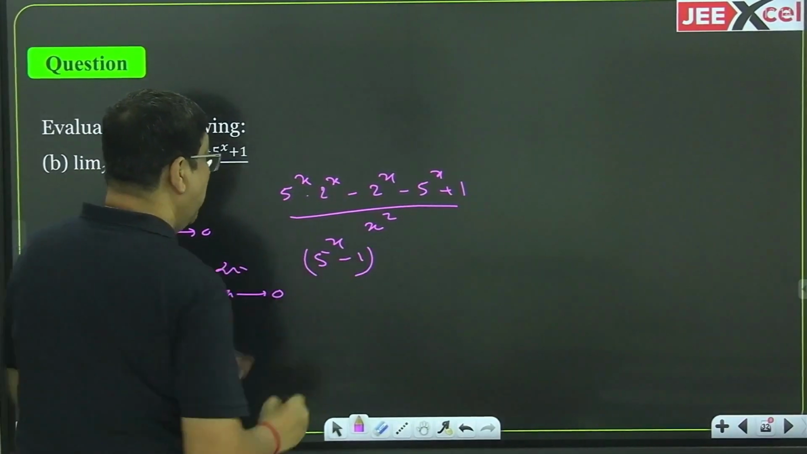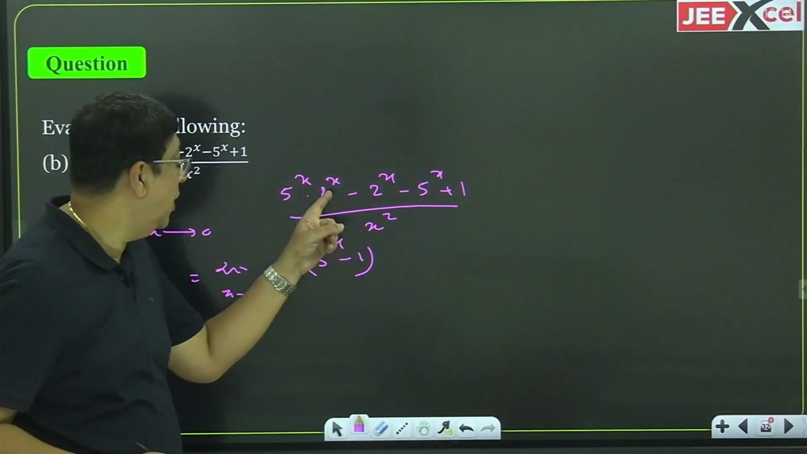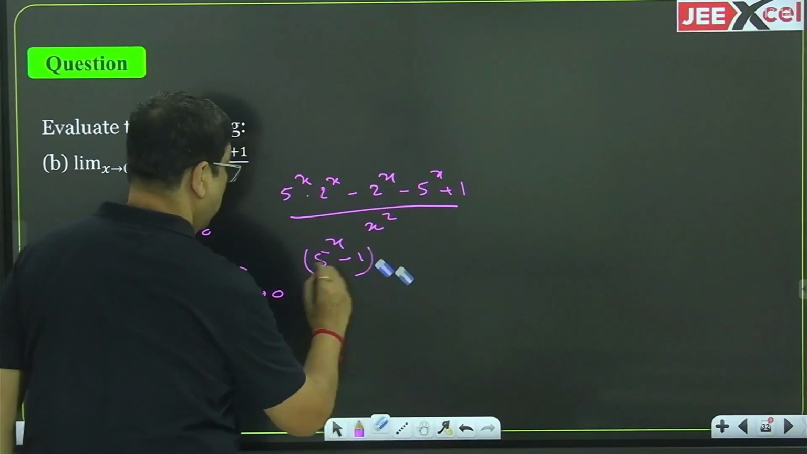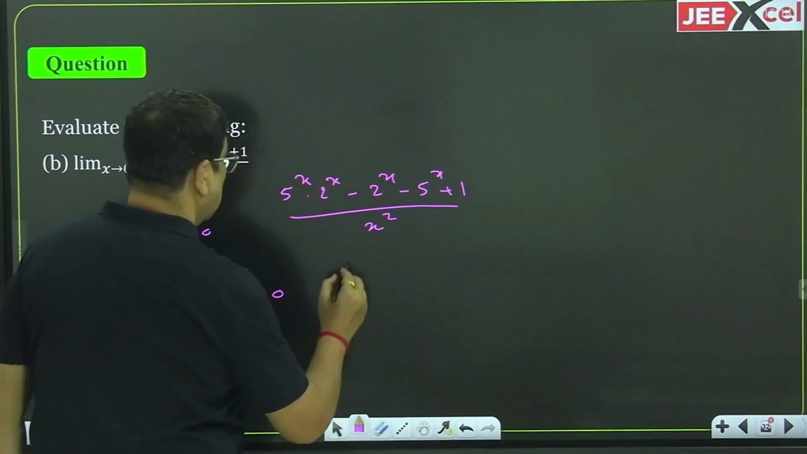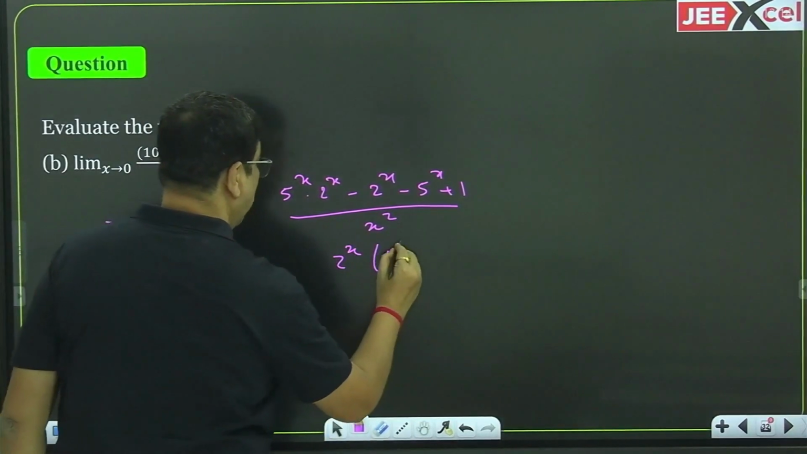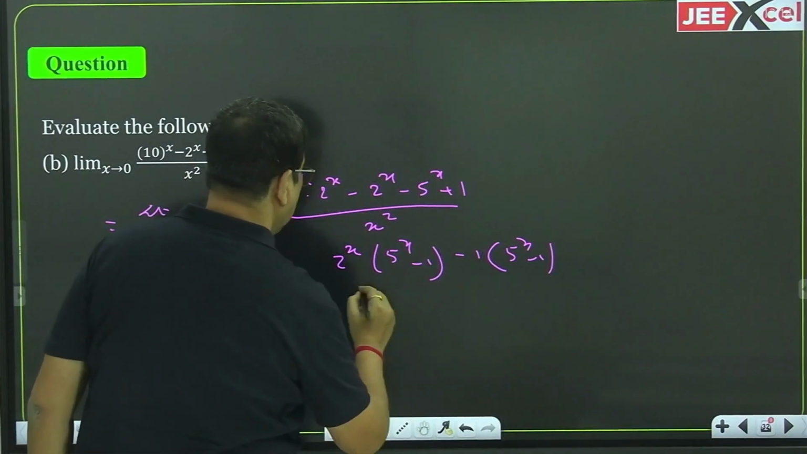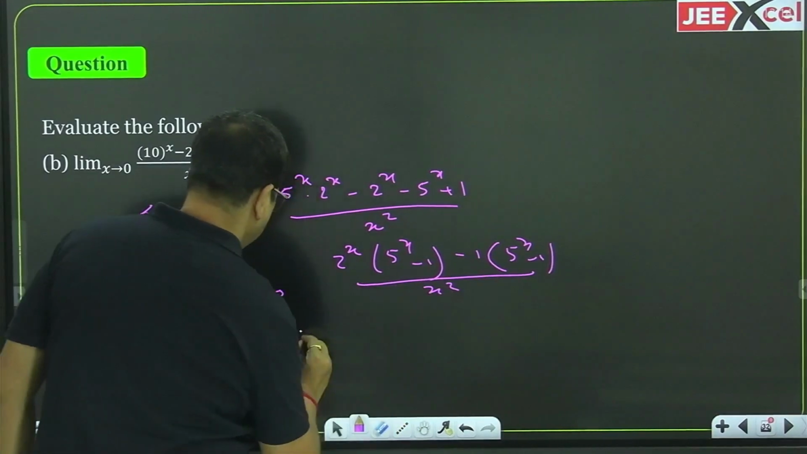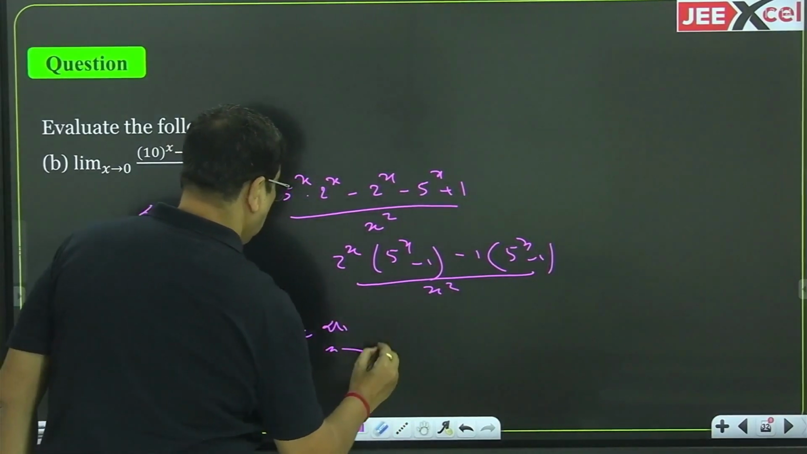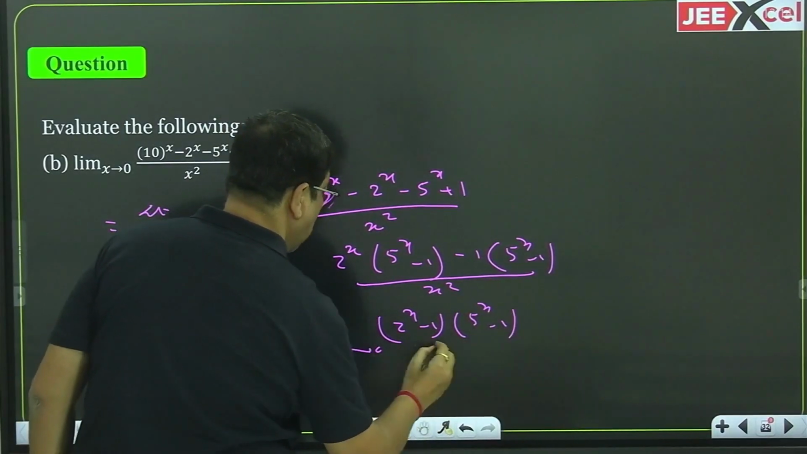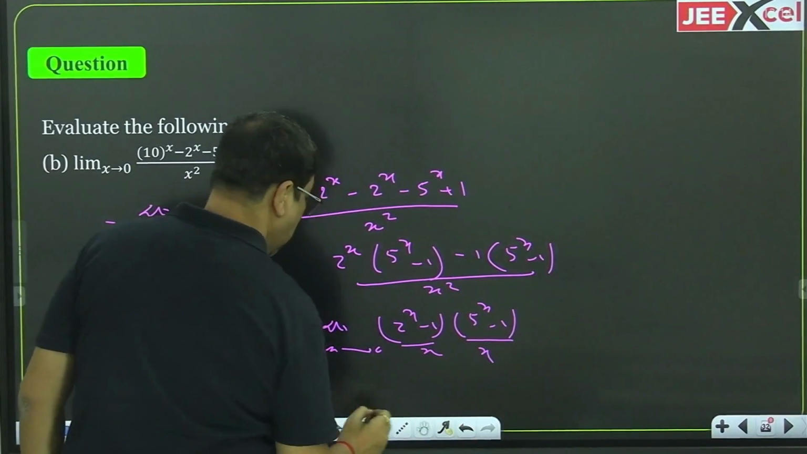Therefore, you can say limit x tend to 0, 5 to the power x minus 1. If we do the factorization, if we take 2 to the power x common, then 5 to the power x minus 1. Okay, let me show it in a little more detail. So if we take 2 to the power x common, 5 to the power x minus 1, 5 to the power x minus 1, total divided by x square, that is coming to be limit x tend to 0, 2 to the power x minus 1 into 5 to the power x minus 1, total divided by x into x. Therefore we can write